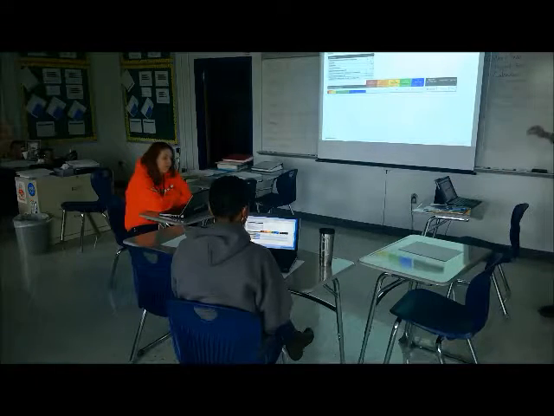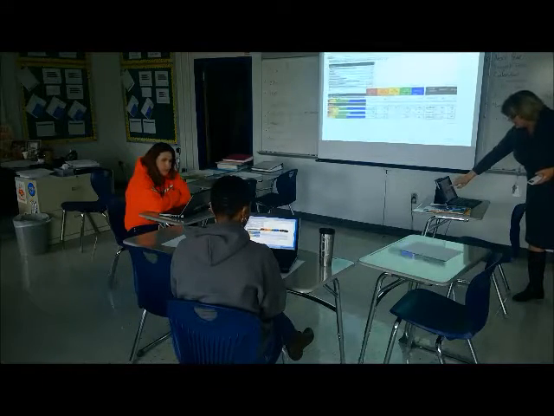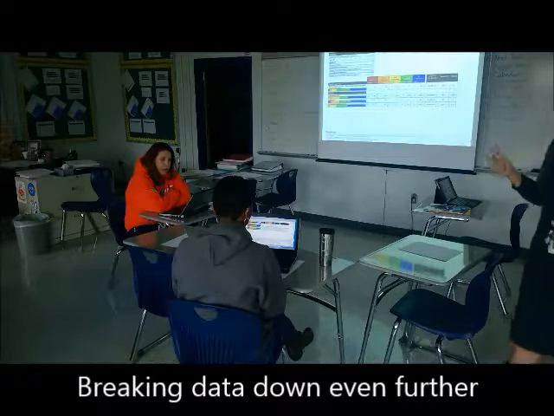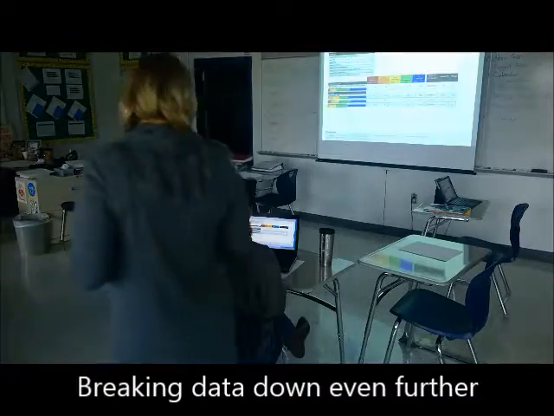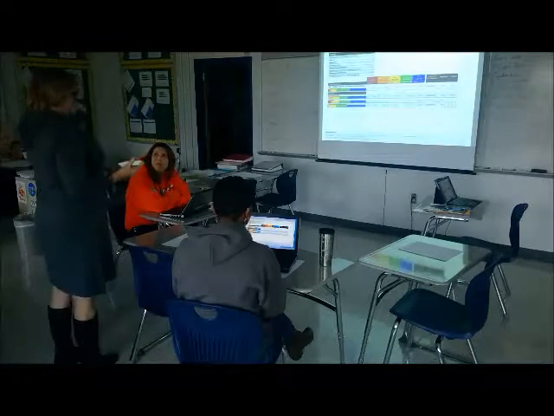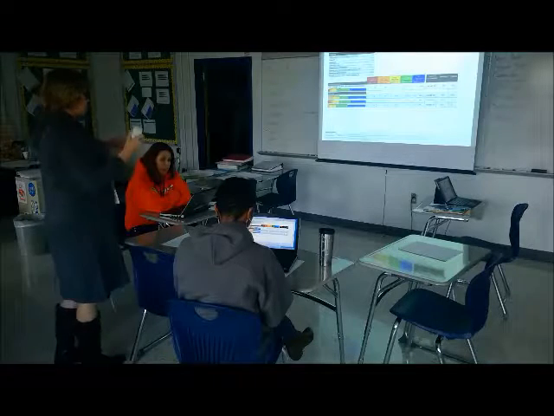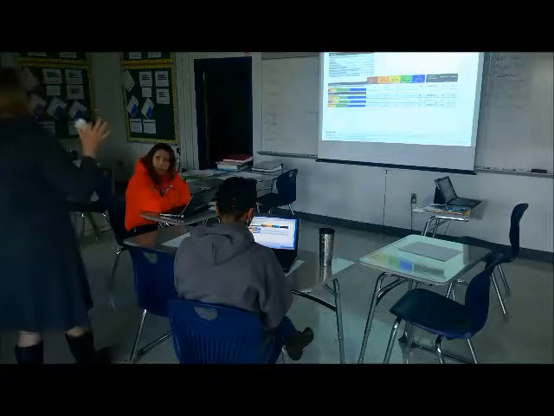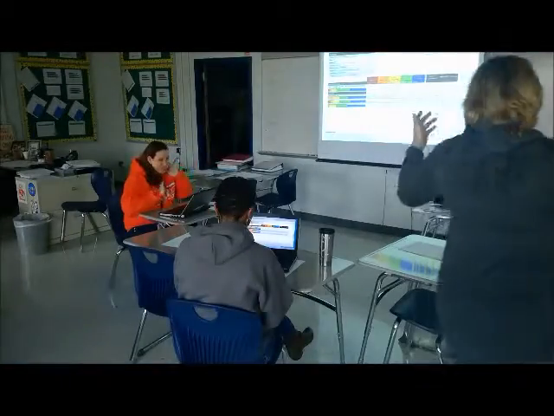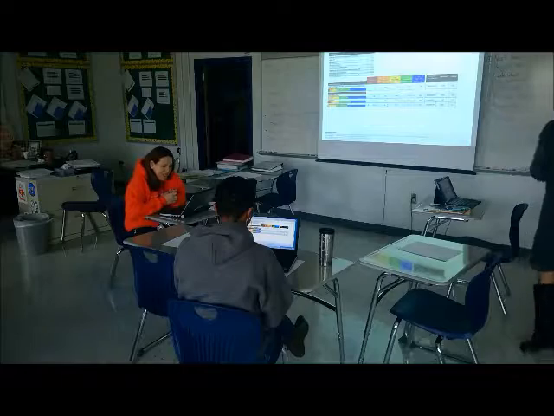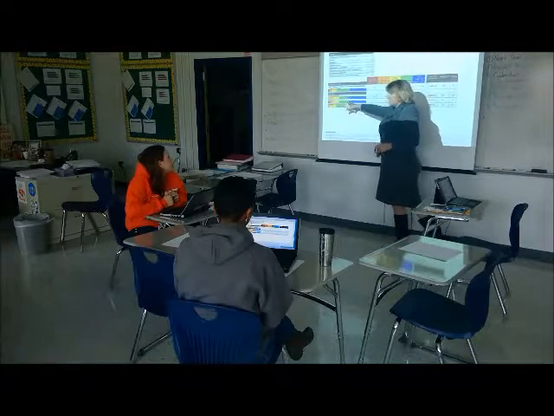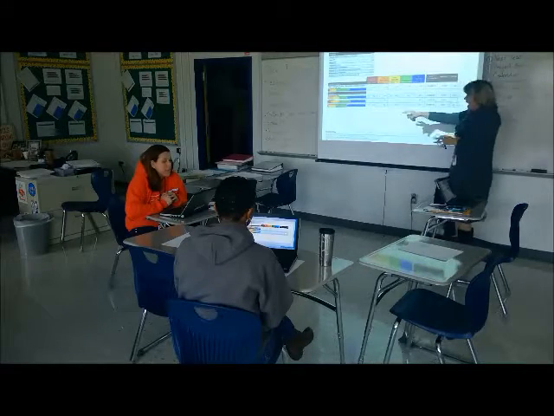If you scroll on down, it breaks it down into informational text, literature, or vocabulary acquisition. So now you've got it even broken down. Oh, I need to work more on literature. And I think across the board, we all were lower in literature because our focus has been what? Informational text. Okay? So that makes sense.